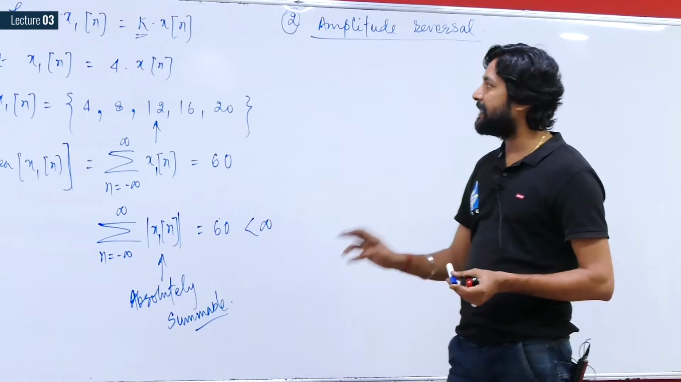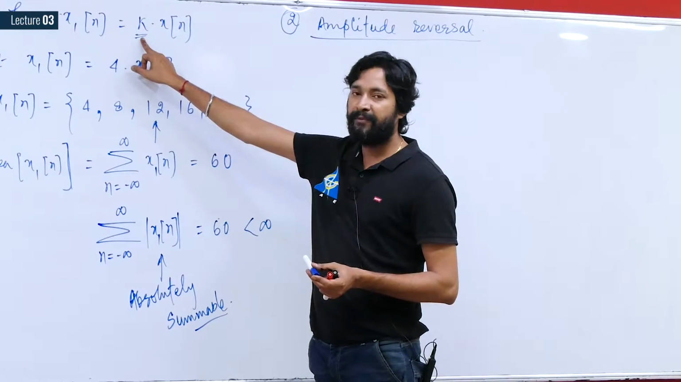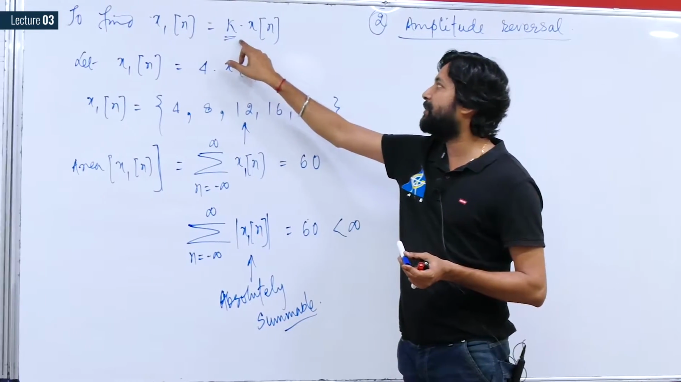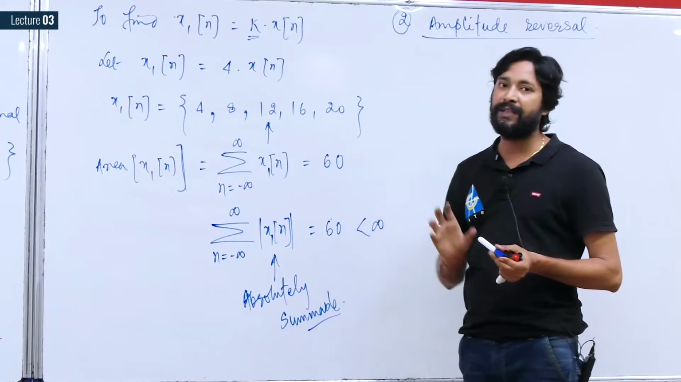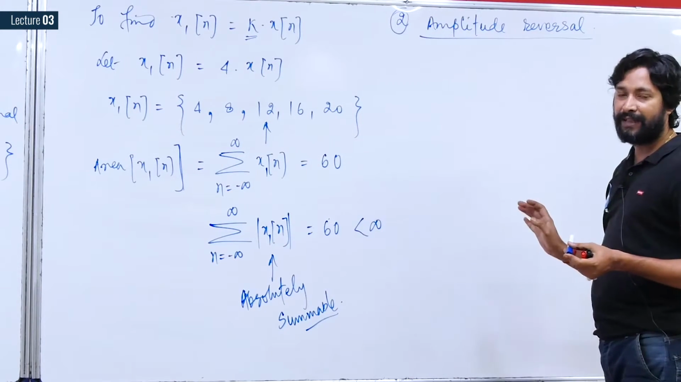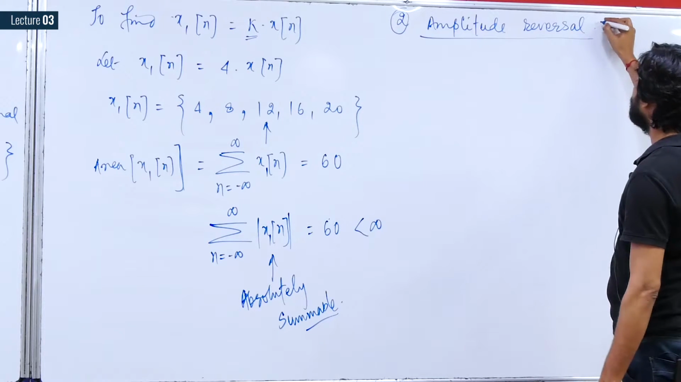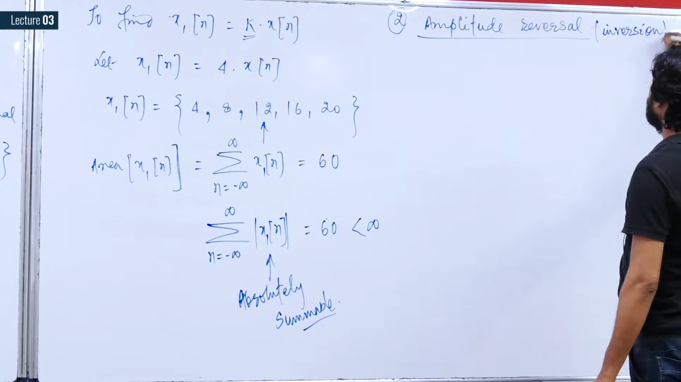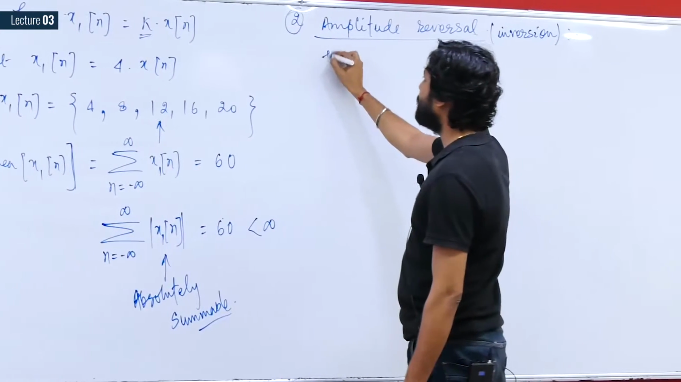If we substitute this amplitude scaling factor k to be -1, then x1 of n is equal to minus of x of n. The same procedure is known as amplitude inversion or amplitude reversal operation. It is also known as amplitude inversion operation, right. So to find amplitude, we have to find